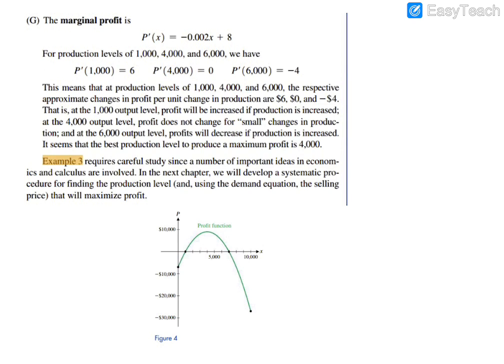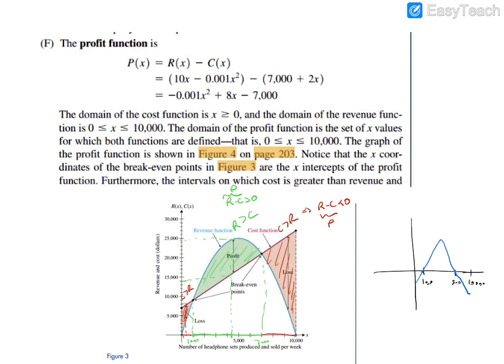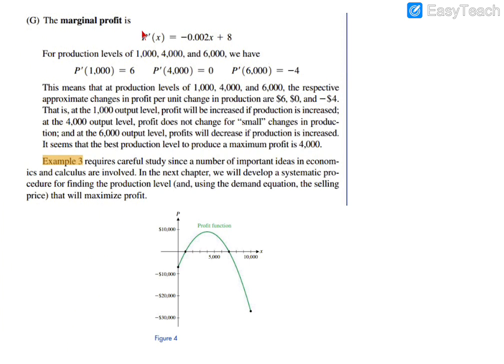Here the exact graph of that one. So profit function. This is marginal profit. Here the profit function. Okay. And I will show the profit function graph. So profit function is revenue minus cost. So this function is the profit function. Okay. So this is quadratic function. By using the idea of how you can sketch a quadratic function, maybe you can find the maximum value a different way. Actually, the root of the marginal profit function will be the maximum value of the profit function. Okay, in the future you will see.